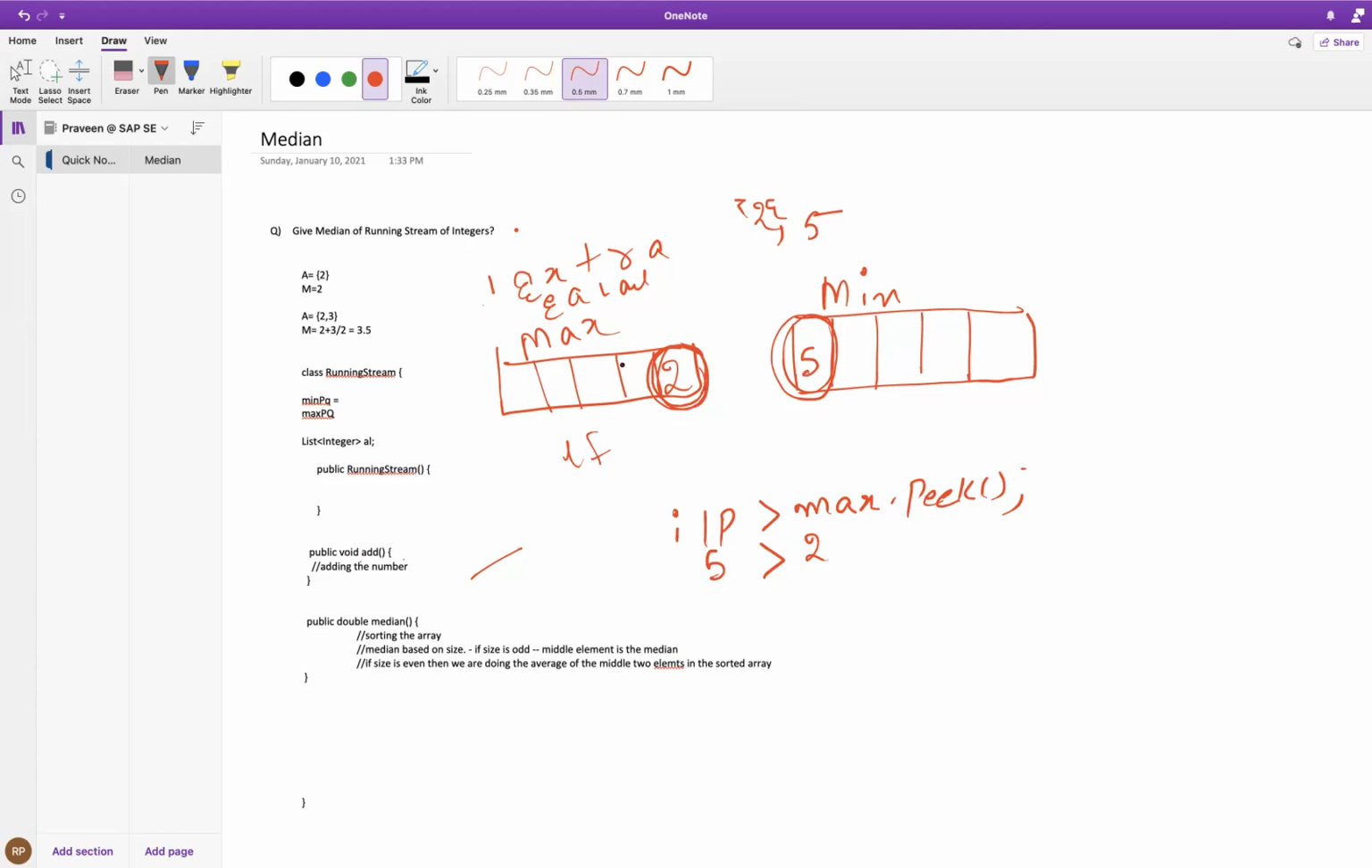So here if you compare, the size of the max priority queue is 1, and the size of the min priority queue is 1. So both the sizes are equal. So it is even, it will come like an even array, or the size is even. So I will be doing the average of these two, 5 plus 2 divided by 2, that would be my median. So now suppose I am getting the next input element as 7,